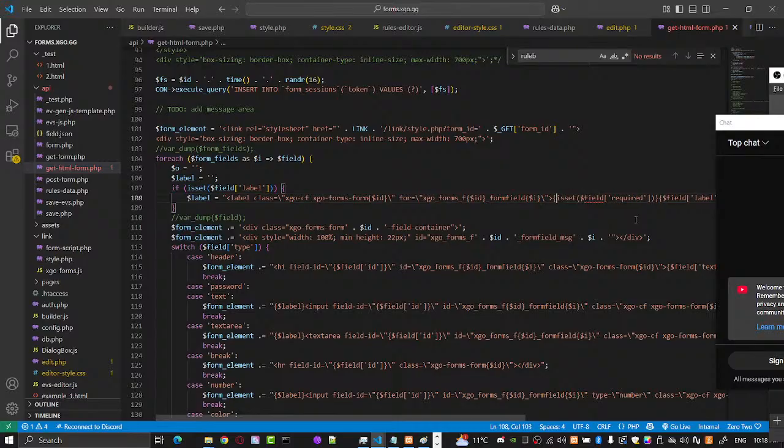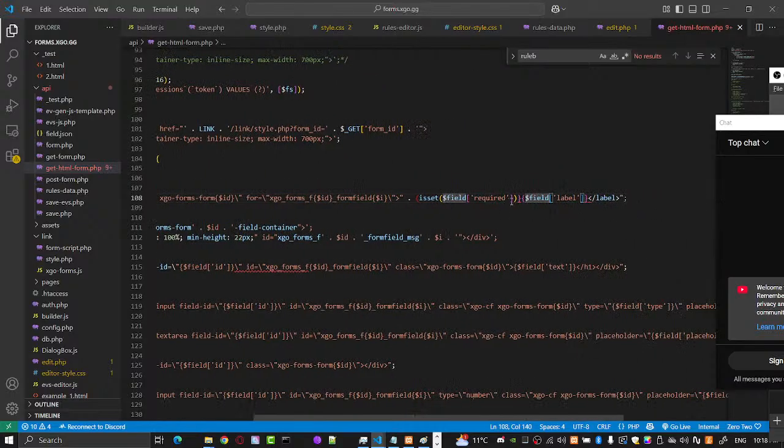Why do we have this issue? PHP is so confusing sometimes. So we have is set field required,